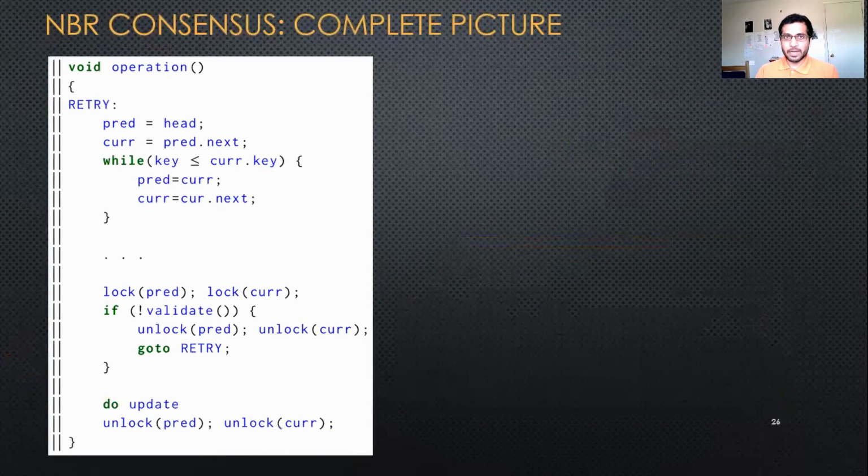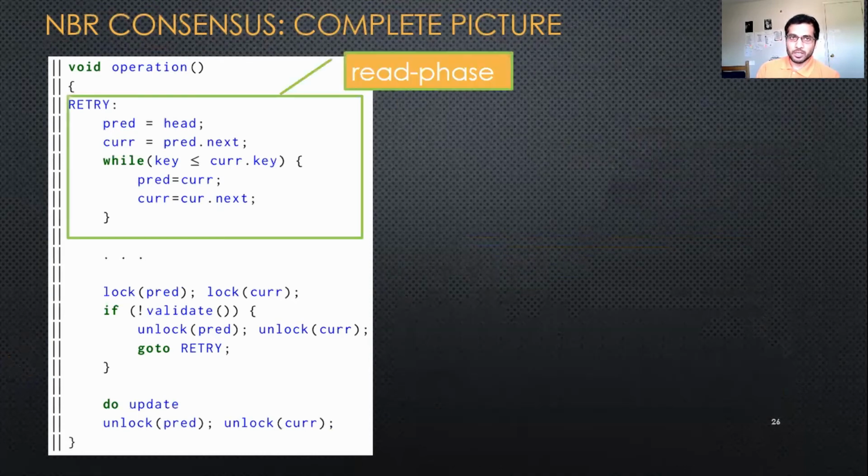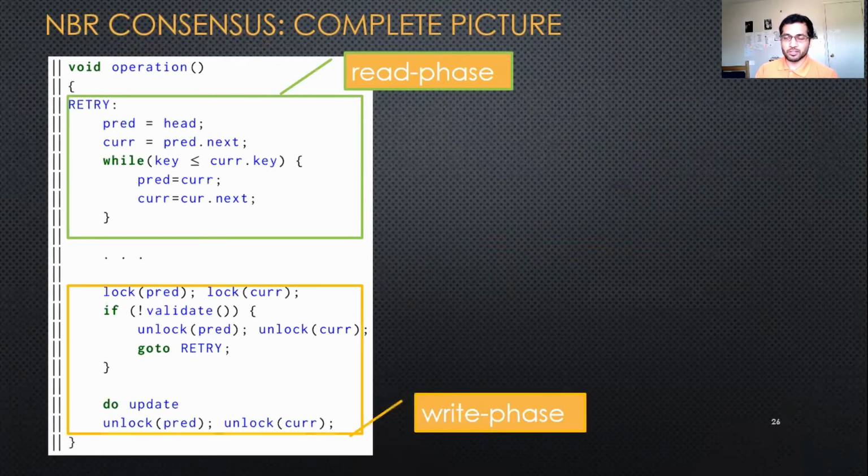So let's see a complete picture now. NBR actually sees a data structure operation consisting of different phases. First, the search phase is referred to as the read phase, and the section in which the updates are done is referred to as the write phase. As we saw in the previous slides, a thread in read phase could simply restart, giving up all its